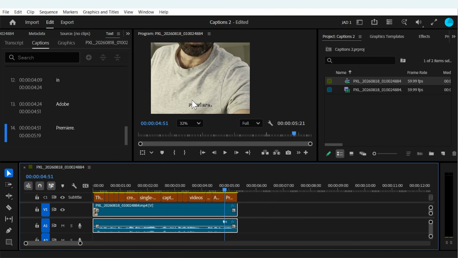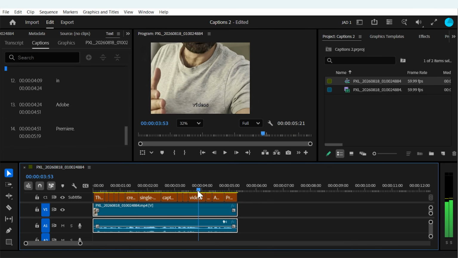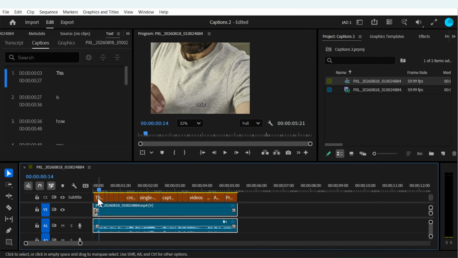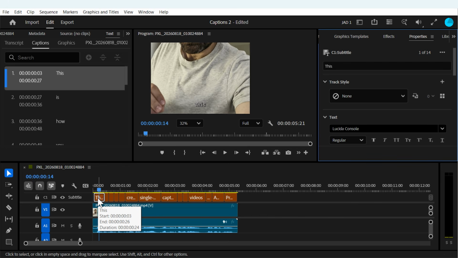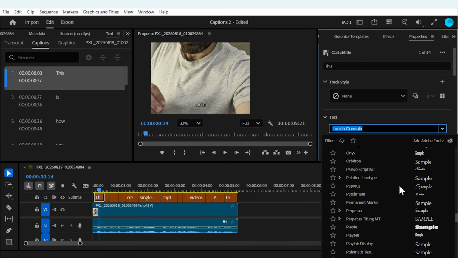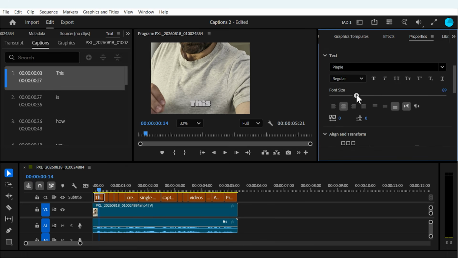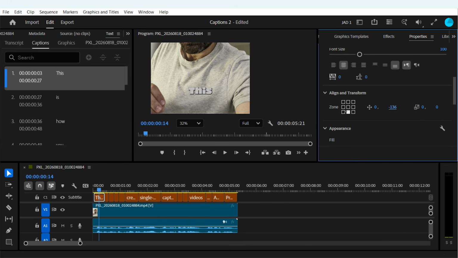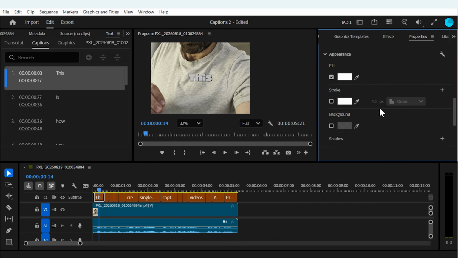Great. Now you might want to style this caption. Change the font, colors, effects, make it pop. To do that, place the playhead on a caption to see it, and then double-click on that caption to open the Properties panel. Choose your font, adjust the size and position, change the fill color, add a stroke, a background,